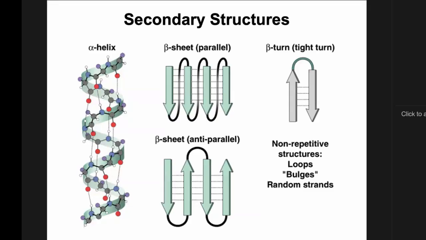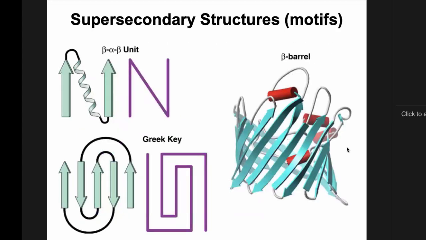So then we get to these things that we haven't talked about before, these super secondary structures, or sometimes they're referred to as motifs. So it's a little bit more complicated than secondary structure, but still not as complicated as tertiary structure. So these are just a couple. There are a bunch of others that I didn't bother to show here, but there's something called a beta alpha beta unit. So it's a component of a beta strand or beta sheet that's pointing in the direction from N